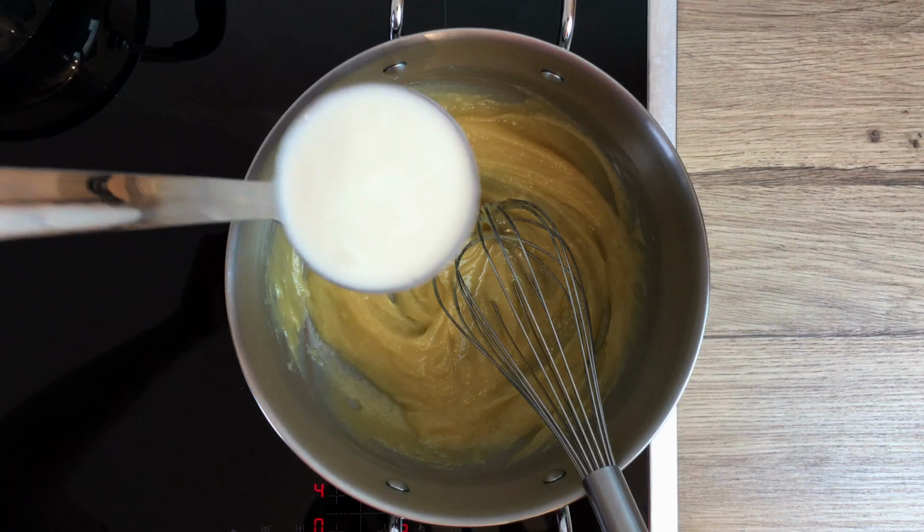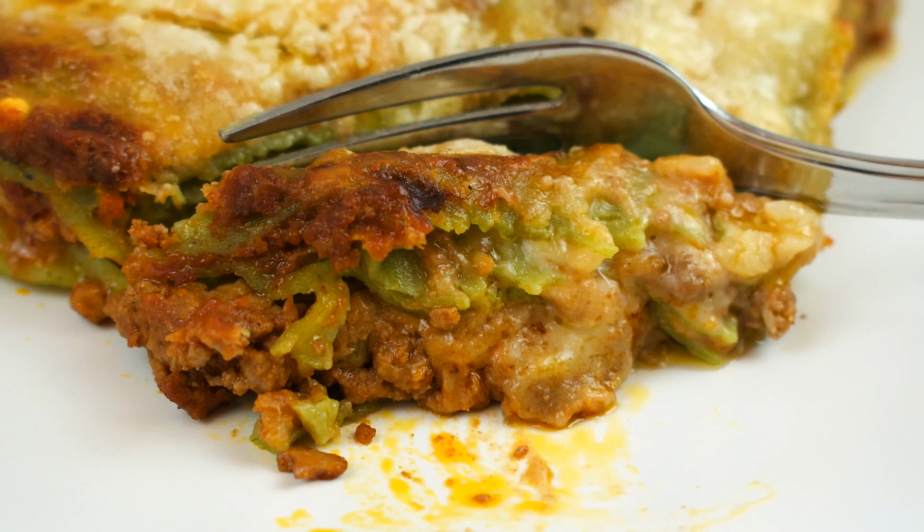And here it is, the traditional lasagna bolognese, ready to enjoy with family or friends and a bottle of good wine. E buon